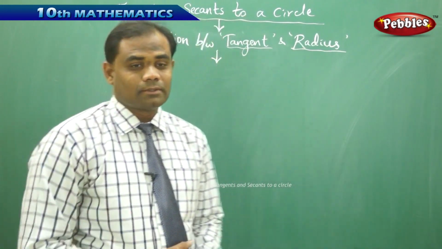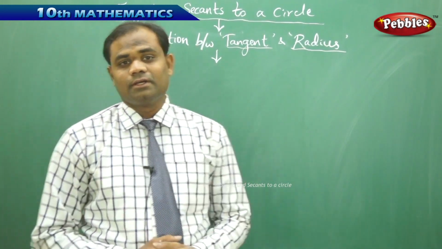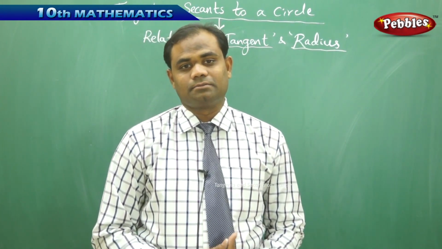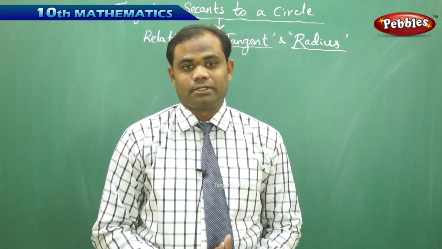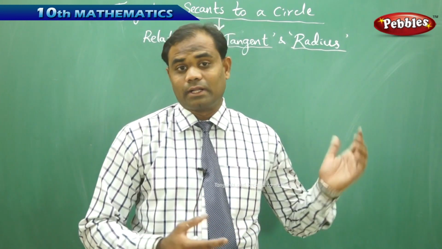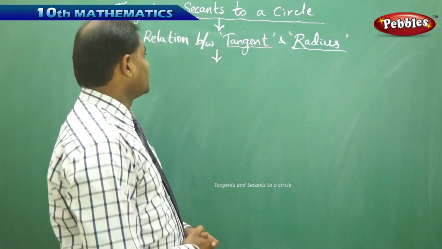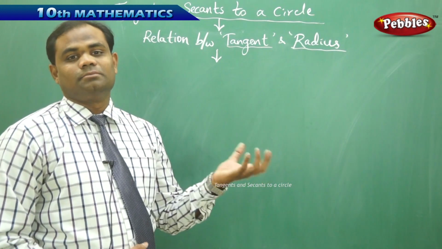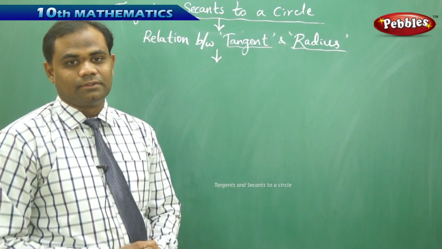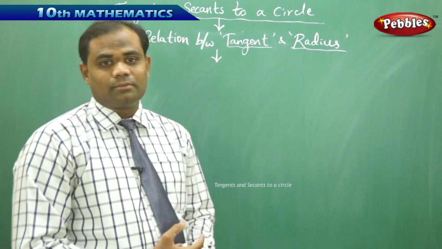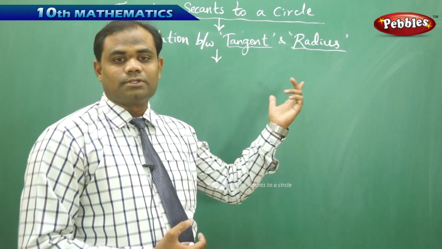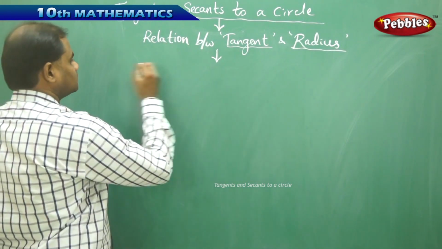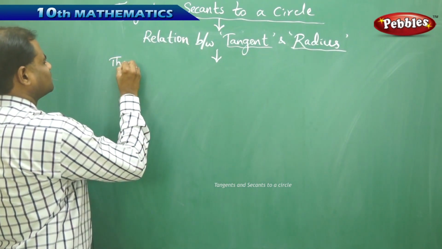Now let's see a theorem which connects the relation between the tangent and radius. The tangent and radius are always said to be connected because they are very much associated geometrically. So let's identify the relation between the tangent of a circle and the radius of that particular circle through a theorem and then prove the supported statement. So let's start with the theorem which says that